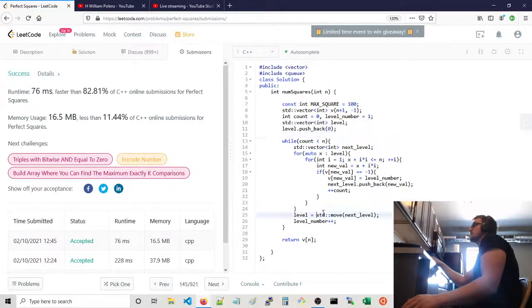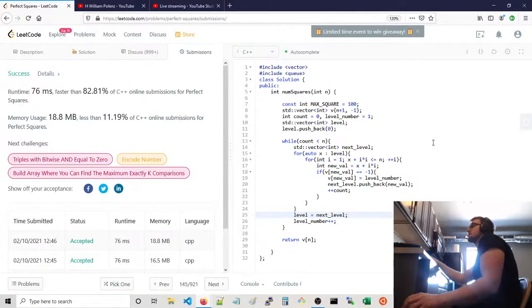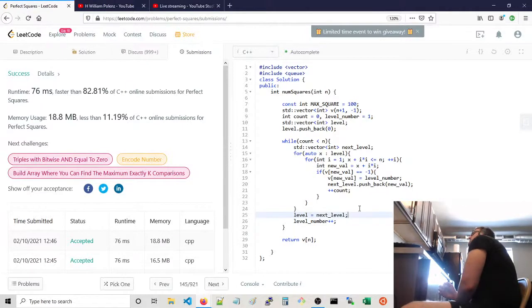Now I wonder if this actually does. I think it'll use move semantics automatically. Yeah, I think that really doesn't matter. I don't think we actually need to use move semantics there. Just thinking if there's a faster way to do this in a way that uses even less memory. It's going to be kind of challenging to